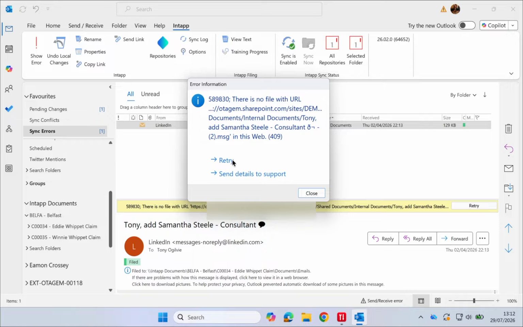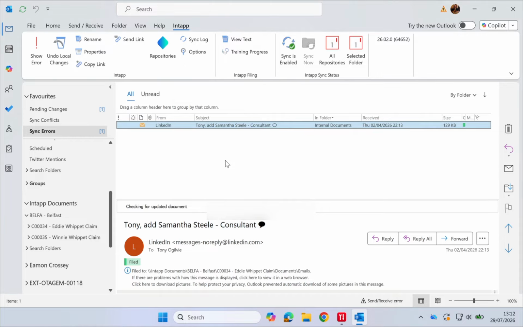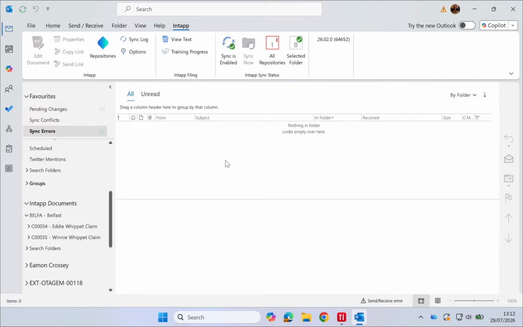Once you have resolved the cause of the underlying issue, what you can then do is retry the sync error. And you can do that very simply by clicking on retry here. And what that will do is go off and begin the process of syncing this document once again. And you can see here right now what's happened is because I've cleared the cause of my synchronization error, my sync errors folder is now clear and my pending changes is now clear as well,